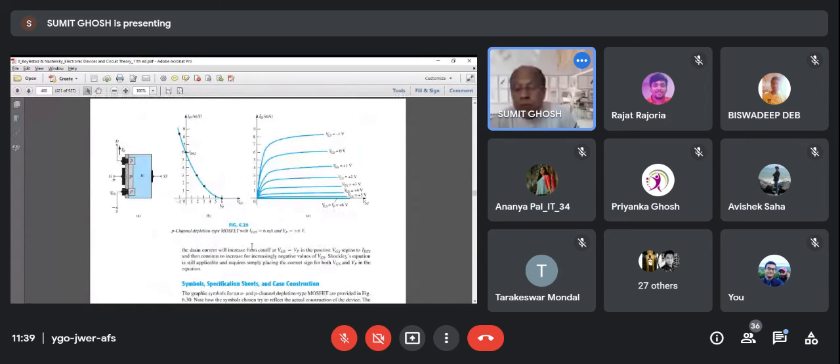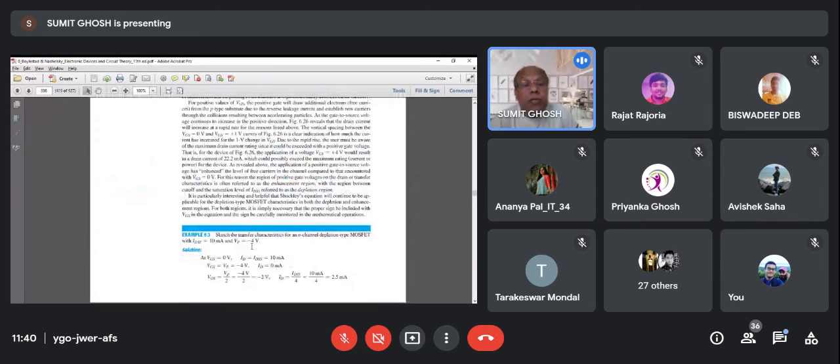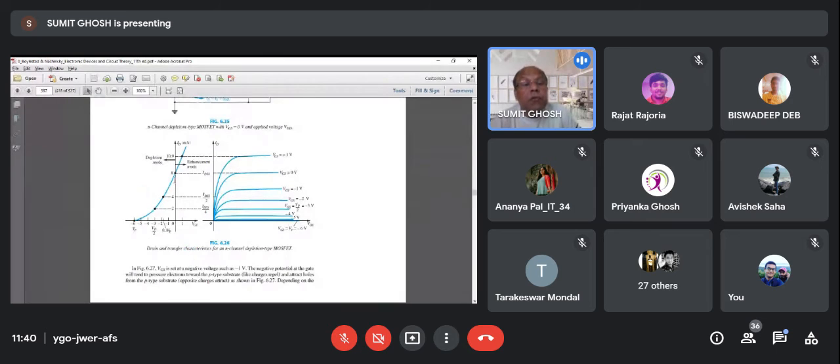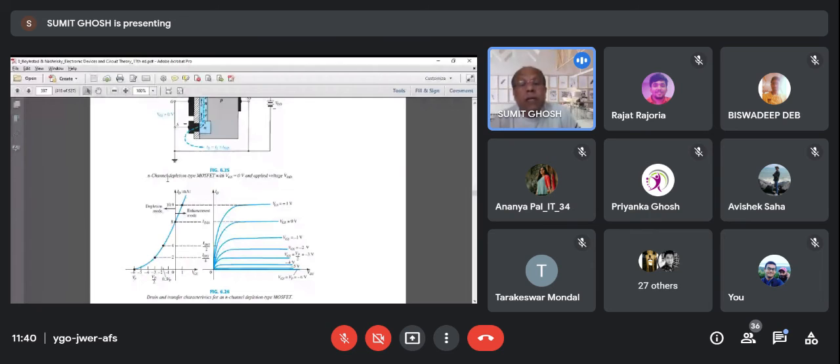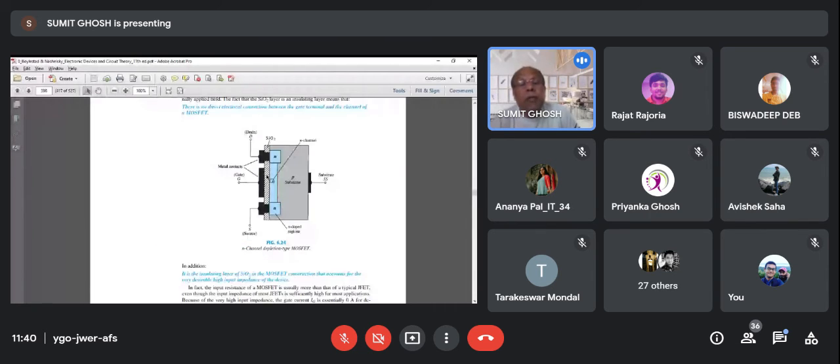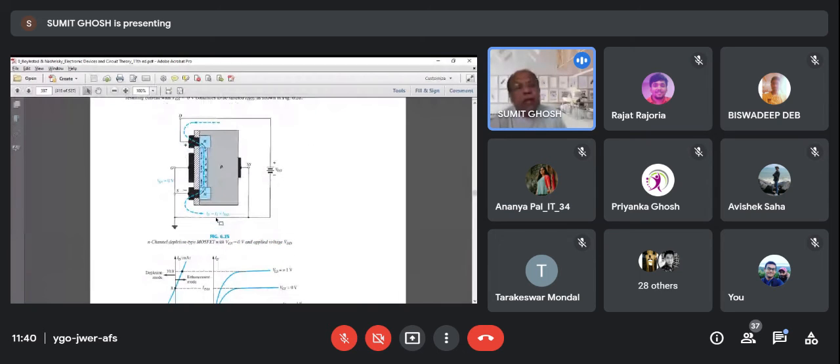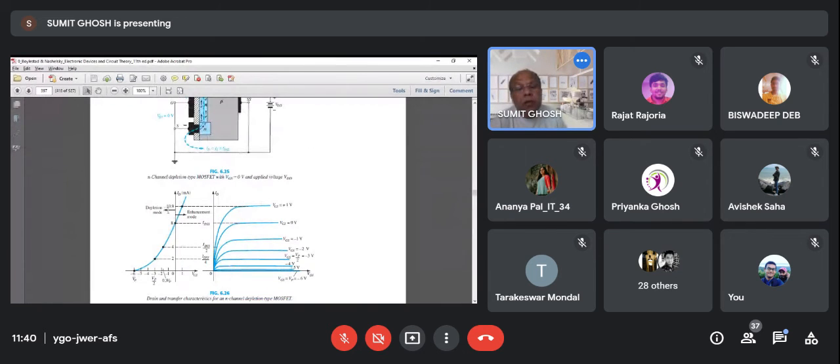দুটো রিজিয়ন ছিল। এই লেফট অফ দ্য ওয়াই অ্যাক্সিস ওয়াজ ডিপ্লিশন মোড, মানে আমি যখন বাজারে কিনেছি তখন ডিপ্লিশন মোডে চ্যানেলটা ছিল, আমার কাজ হচ্ছে এটাকে ডিপ্লিট করে দেওয়া। আর এনহ্যান্সমেন্ট মোডে চ্যানেলটা ছিল না, ওটাকে চ্যানেল বানাতে হবে। চ্যানেল বানাতে হলে আমাদের এক্সাম্পলে 2 ভোল্ট ভিজিএস দিতে হবে। 2 ভোল্ট ভিজিএস দেওয়ার পরে অ্যাকশন শুরু হলো, তার আগে কিছু করা যাবে না।